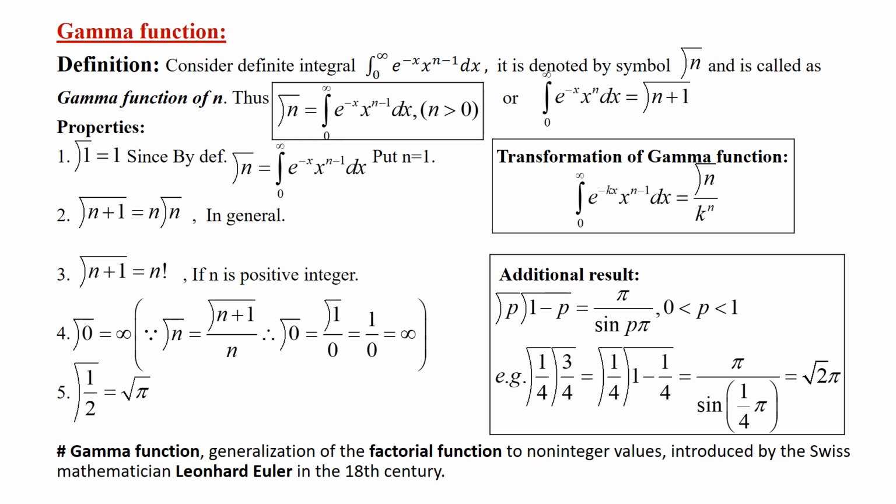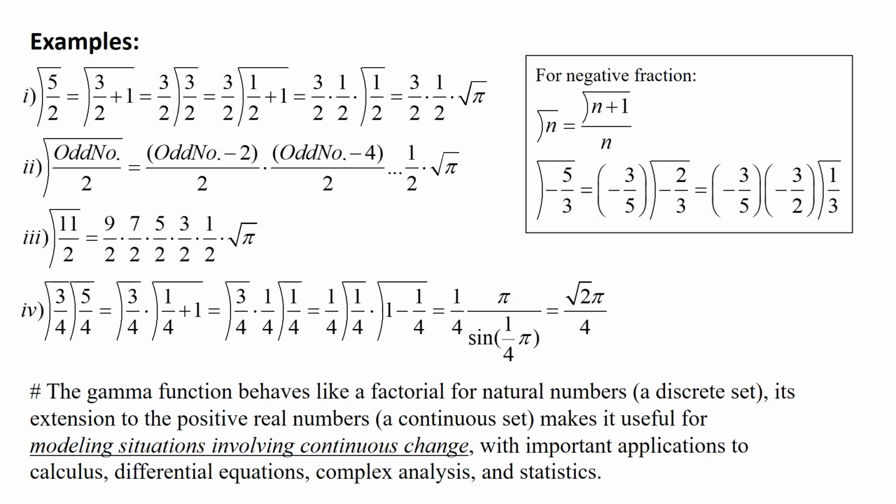So using this expression, now we'll see some examples of how to calculate the value of gamma function. See the first example, gamma of pi by 2. This we can read as, we know gamma half is equal to root pi. We try to reach the value 1 by 2.